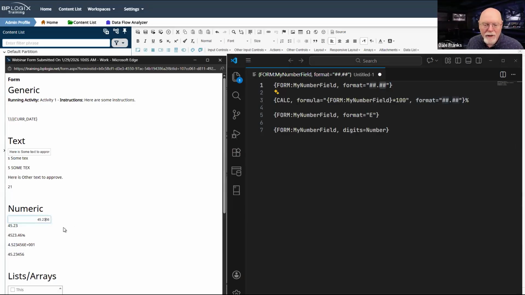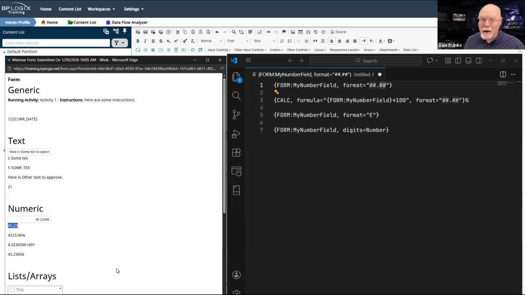Now, I'm going to change that 4 to a 6. So it's now 23656 instead of 23456. And I want you to notice what happened. This now changed to 45.24, where it was previously 45.23. And all I did is change the 4 to a 6. If I change it back to a 4, that will change the return value back to 23.